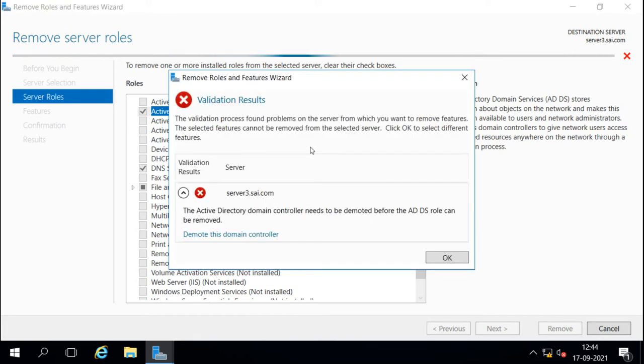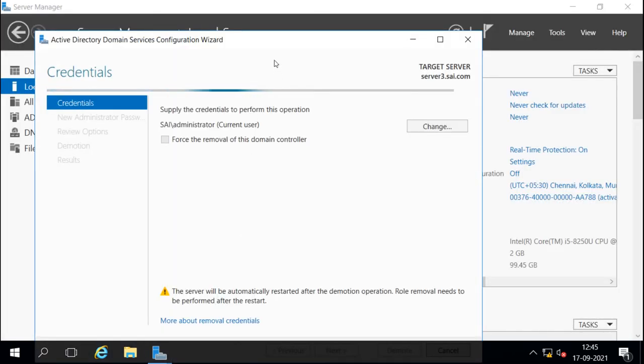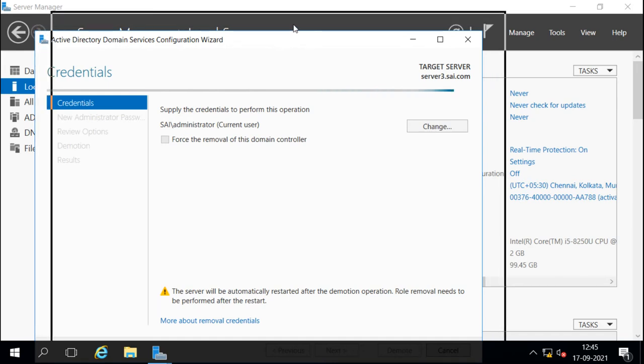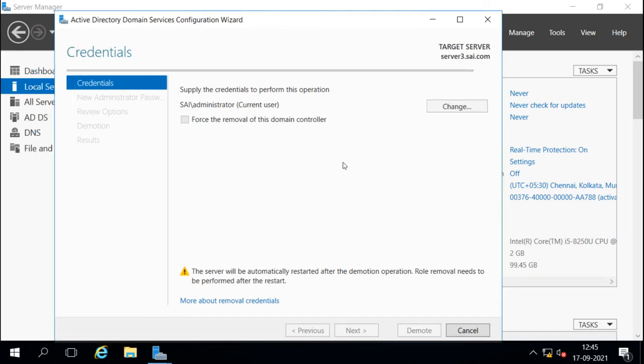It says it is a domain controller and you have to demote it first. It gives you the link to demote this domain controller, and when you click on it, it gives you the wizard where you can remove this domain controller. This is normal removing.